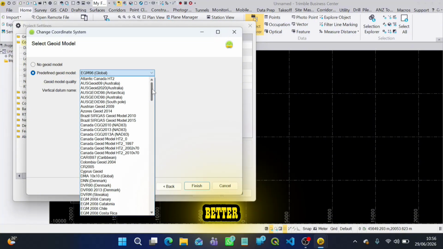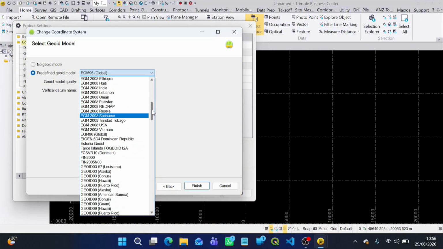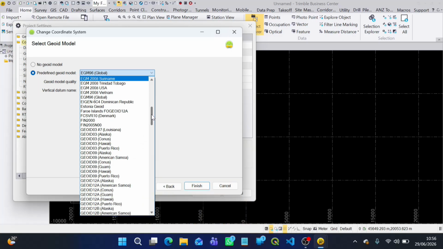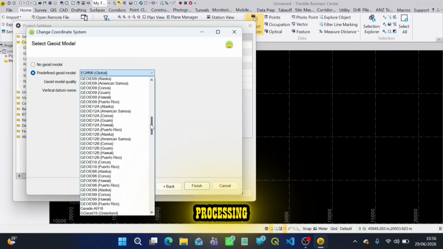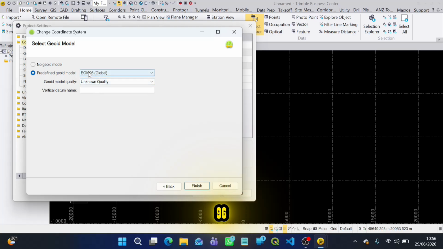So it's better to use the global data, because the global geoid is the best fit for your processing. So I will select EGM96, and then